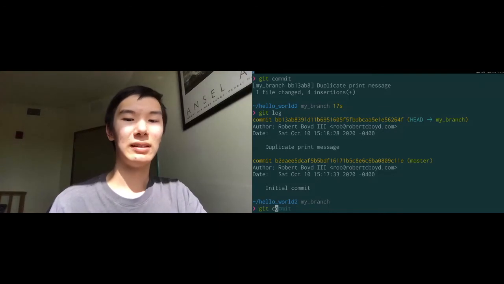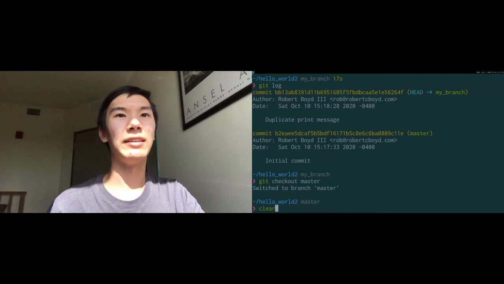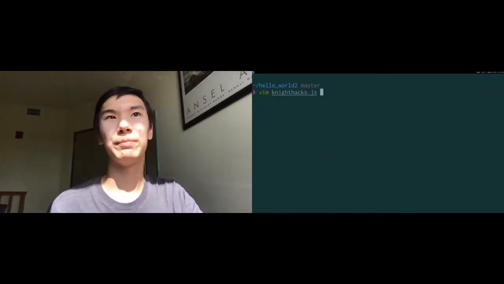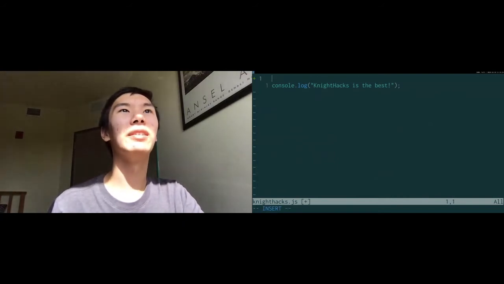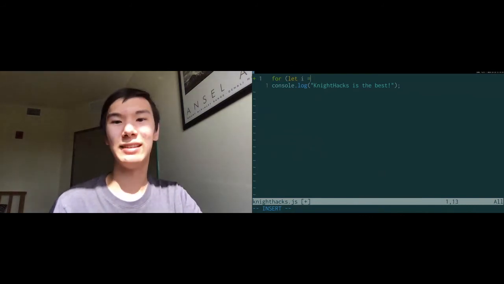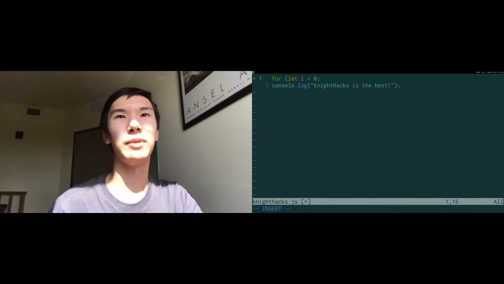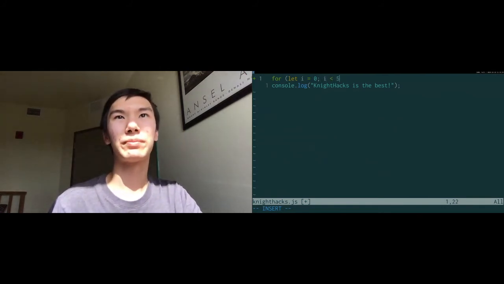So let's check out master. And let's make different changes in master. So this will cause a merge conflict. So maybe, you know, I have a different idea. I also want to make it print out 5 times, but instead of doing it with just copy and paste, I'm going to do it the smart way and do a for loop,